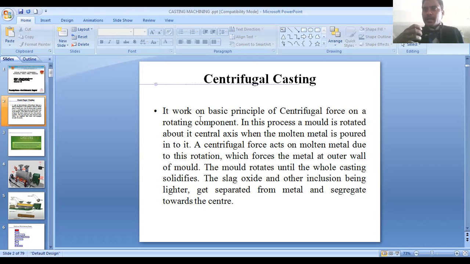सेंट्रीफ्यूगल फोर्स एक्ट करने का बेनिफिट ये है कि जो हमारे पास मोल्टन मेटल है वो आउटर वॉल से जाके चिपक जाता है, यानी आउटर वॉल की तरफ चला जाता है, तो जो स्लैग होता है वो सेंटर पर रह जाता है। तो इससे हमारे ऑब्जेक्ट, प्रोडक्ट की क्वालिटी इंप्रूव होती है। हमें क्वालिटी वाला प्रोडक्ट मिलता है। तो दिस प्रोसेस इज वेरी इंपॉर्टेंट, और यू कैन अंडरस्टैंड द सेंट्रीफ्यूगल कास्टिंग।